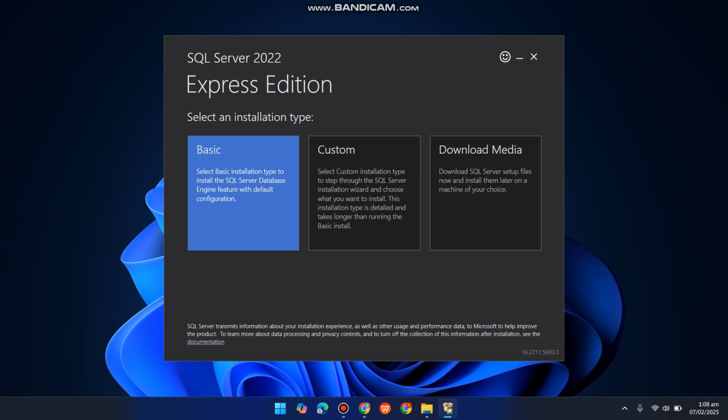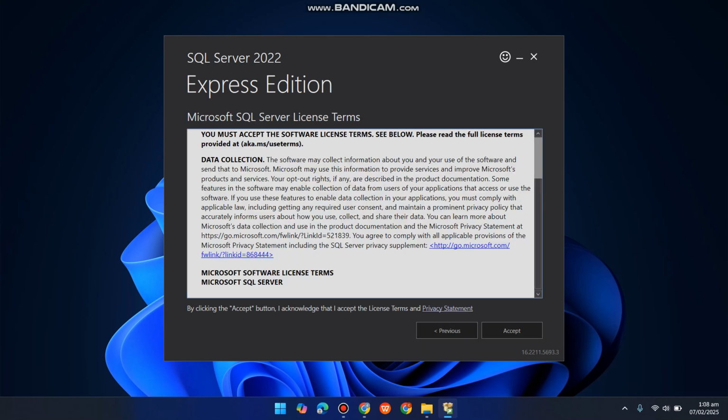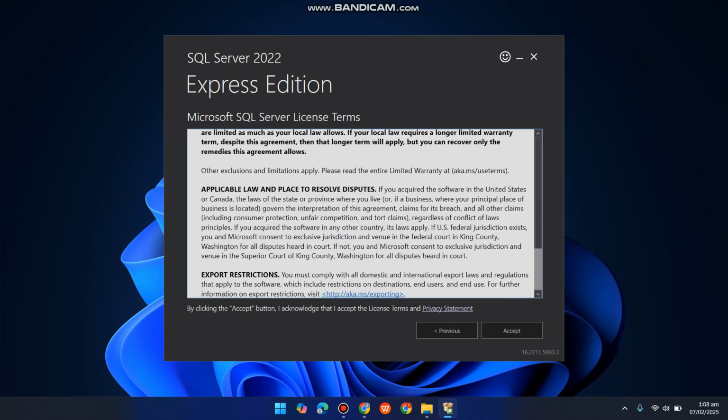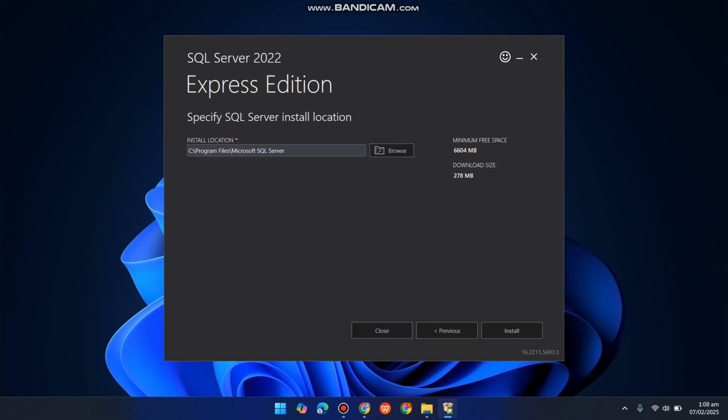And choose the basic installation type and accept this license. And keep the default file location and click install.